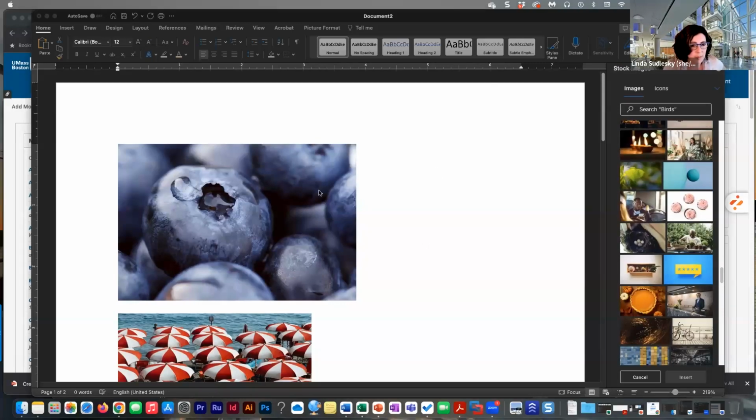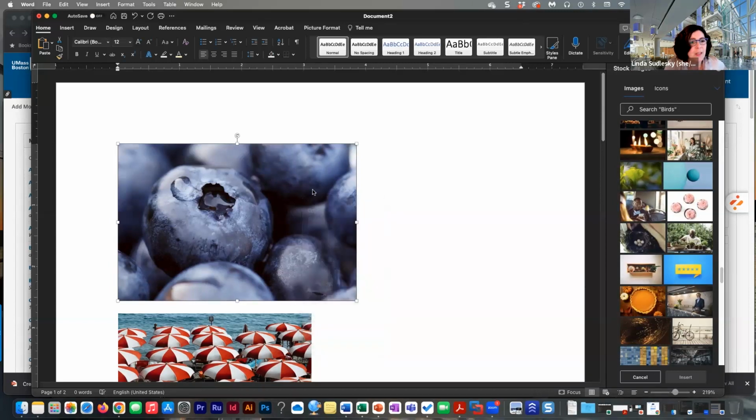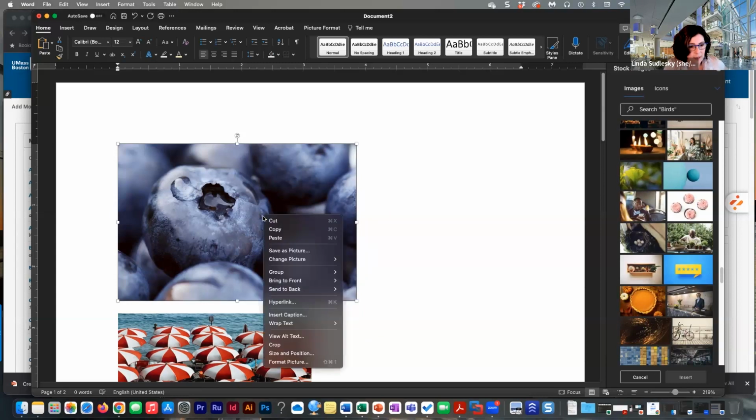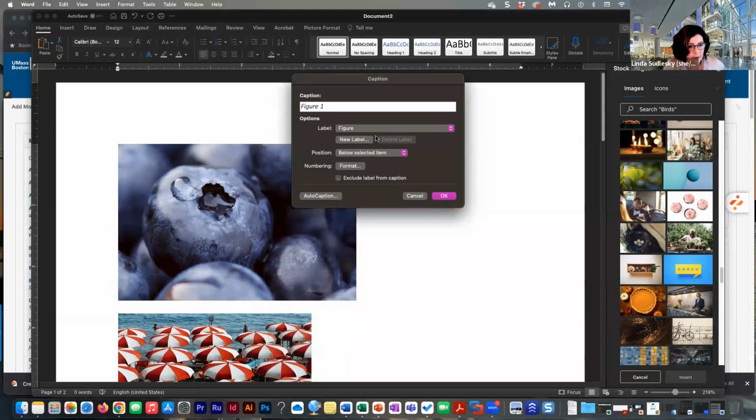So I put some images in here, meaning in a Word document. I can right click on this image and insert caption if I wanted to, and label the image. So I could say, Figure 1 blueberries, or just